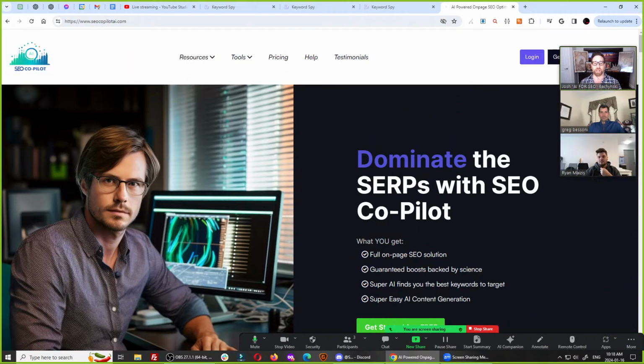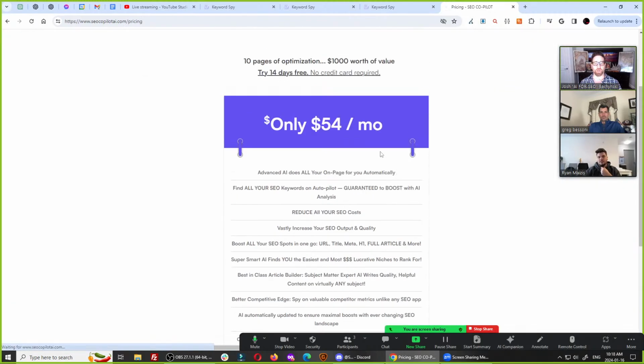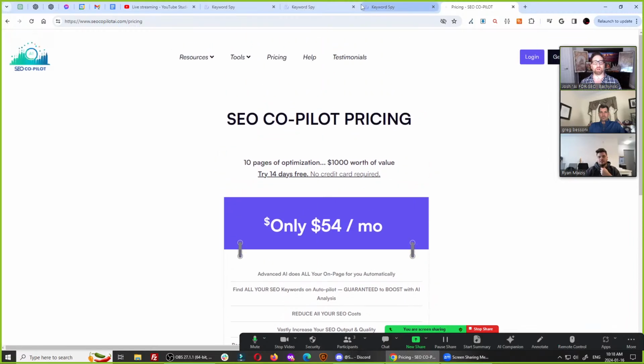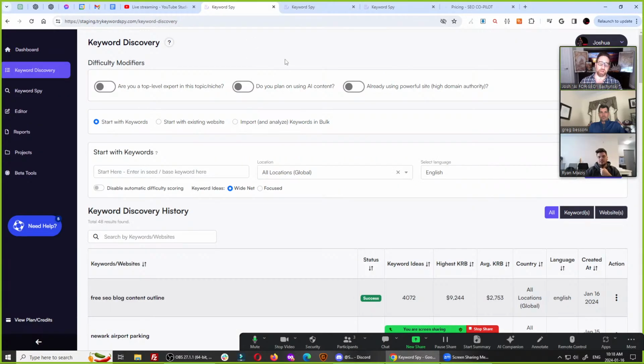But you could try it for free, and the pricing is also quite reasonable, as you could see here, to start off with as well. So don't think, oh yeah, I can use it free for now, Josh, but it costs an arm and a leg when I'm done. No, it doesn't at all. It's actually quite reasonable. It depends on how much SEO you need to do with it.